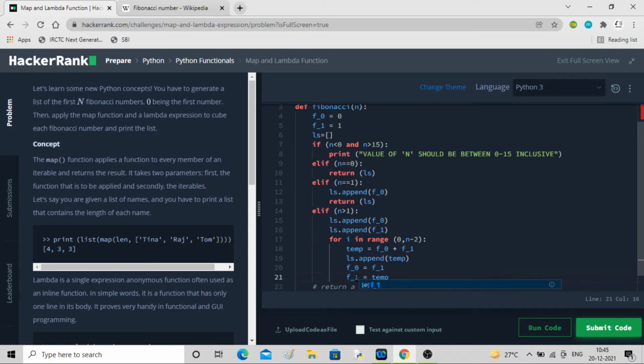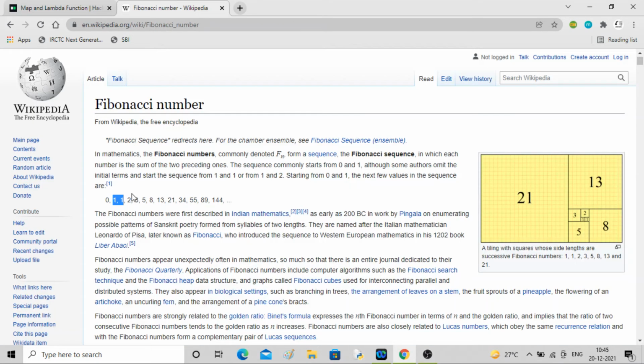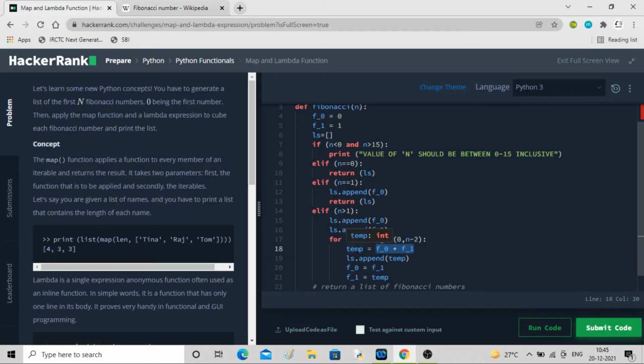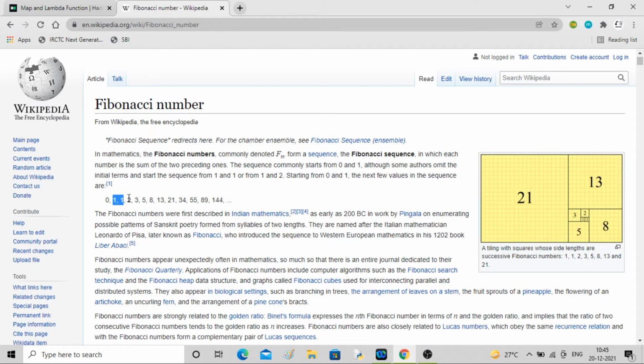In the next iteration, this will be f1. It will come into the for loop and again do the calculation f0 plus f1, which is these two. It will calculate 2. Now temp will have the value 2, and this will be appended here, and then the same thing happens. Now these two will become f0 and f1.